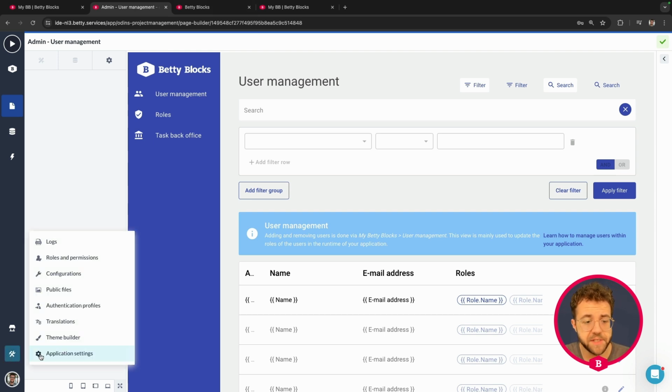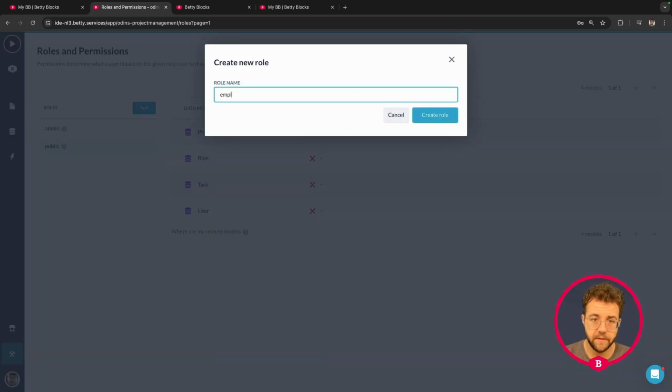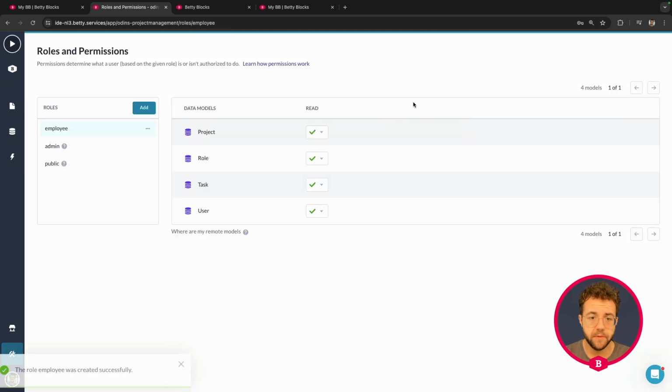And the roles and permissions segment is in the toolbox. Here you can open up the roles and permissions, and you can see the two existing roles, admin and public, and we can add the new role called employee. I can press create role, and employee is immediately added. When a new role is added, it is immediately added with all permissions available, but maybe we do not